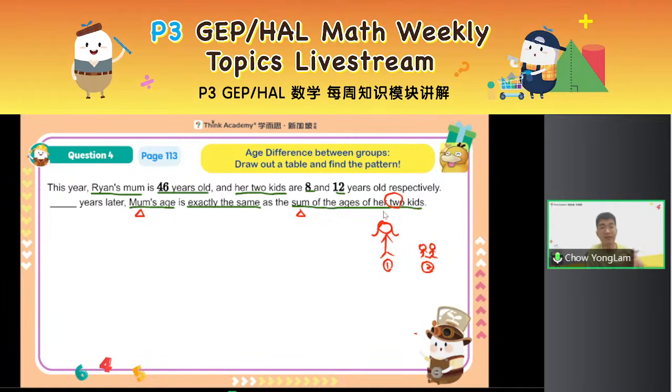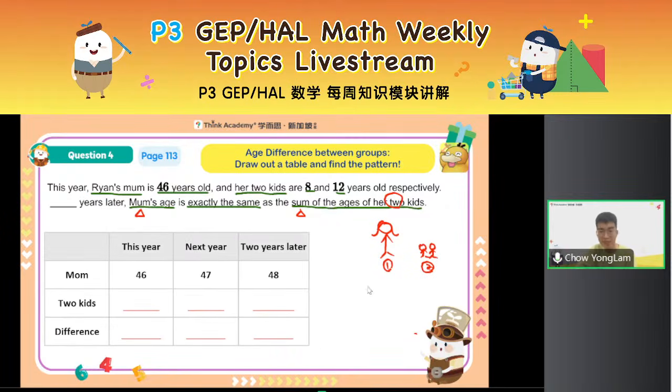Right? So if we are comparing between groups, please draw out a table. It could help you to find the pattern more carefully. Okay, so with that, let's take a look at this table. Now, I have already listed out,